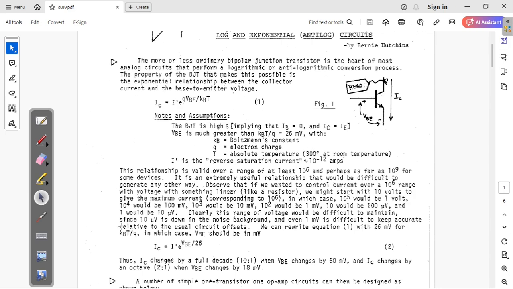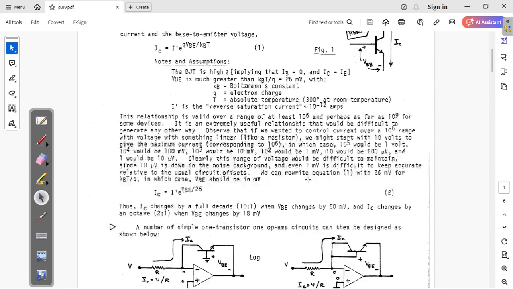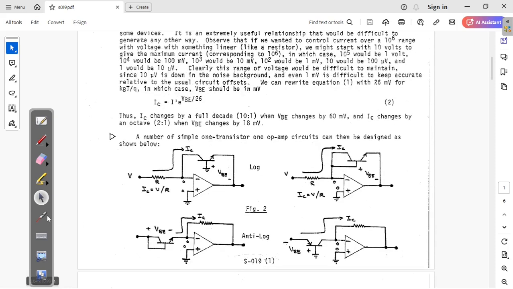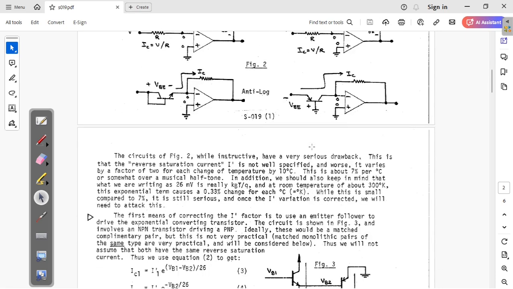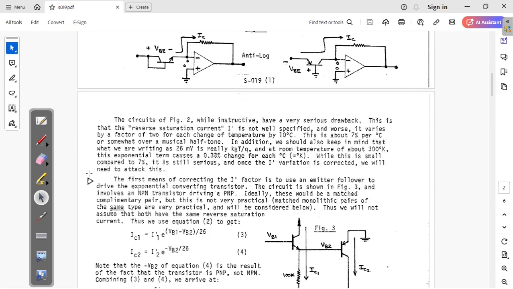Okay, so then he's simplifying that equation. So now the equation is this one here. So IC is equal to I prime times exponential of VB divided by 26, so 26 millivolts, and VB in millivolts as well. Okay, so let's not look into those. We don't care. Here, it's important, this passage here,